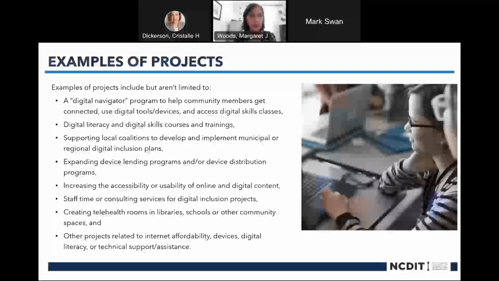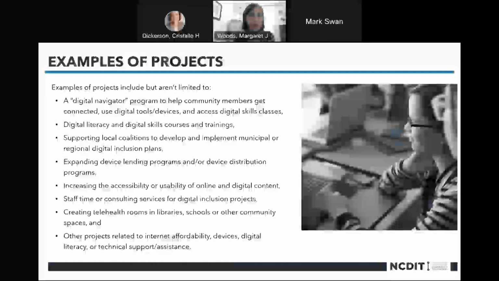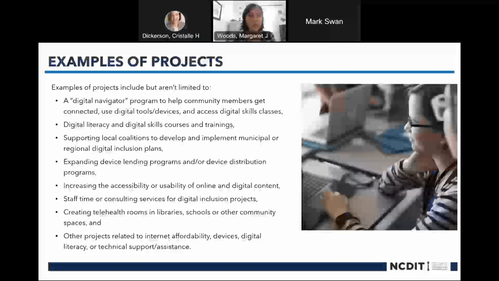An example could be developing a digital navigator program to help community members get connected, use digital tools or devices, and access digital skills classes. A digital navigator is kind of like a healthcare navigator, but for your digital needs. It could be developing digital literacy and digital skills courses and trainings. It could be supporting local coalitions to develop and implement municipal or regional digital inclusion plans. It could be expanding device lending programs or device distribution programs, or increasing the accessibility or usability of online digital